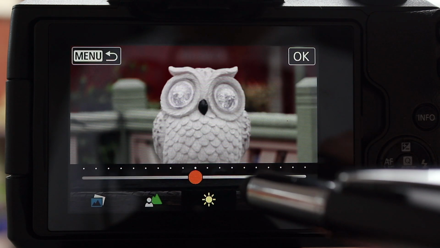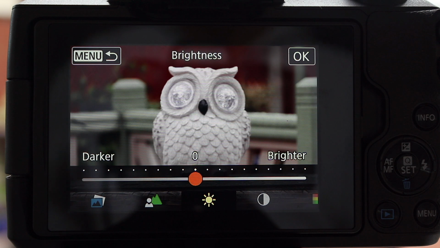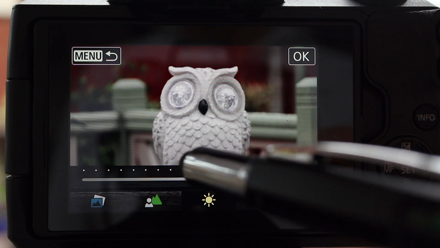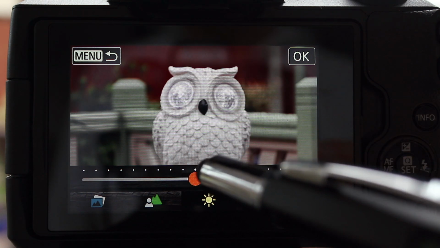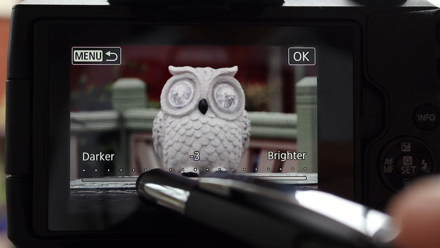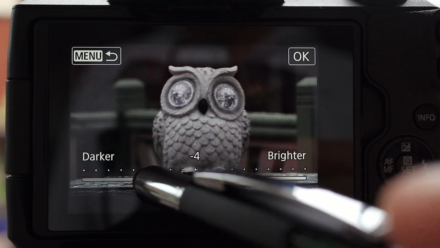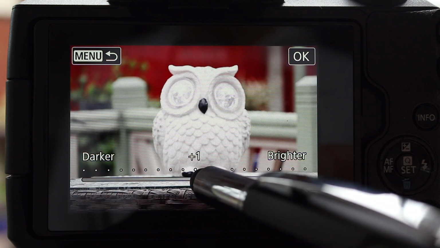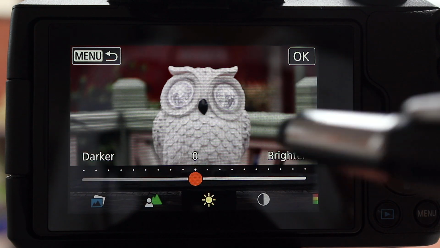If we click into brightness, this is really exposure compensation. If the camera metering circuit is under metering, for example if you were shooting on snow or sand, the camera is likely to underexpose your subject because of the brightness of the background. In that case you can use this control here to change the way the camera operates. If it was too bright, you can make it darker by going over to the left hand side. You can see that darkens the image. Or if it was too dark, you can move to the right hand side, which brightens the image. In the center is no control.